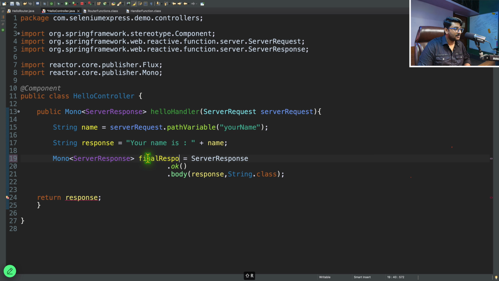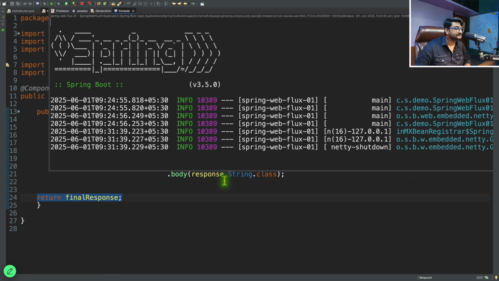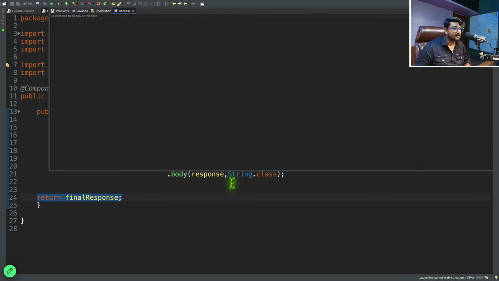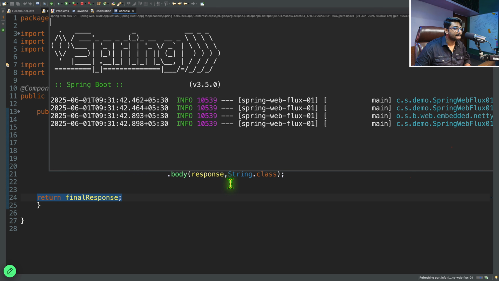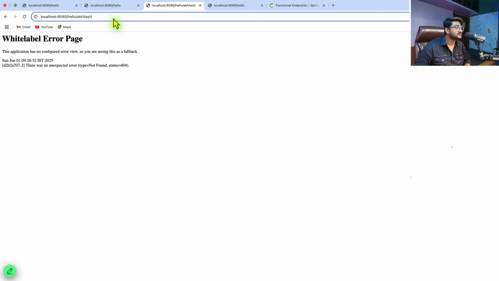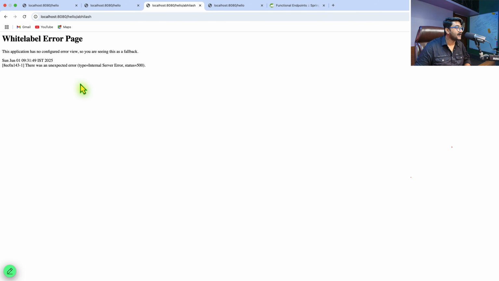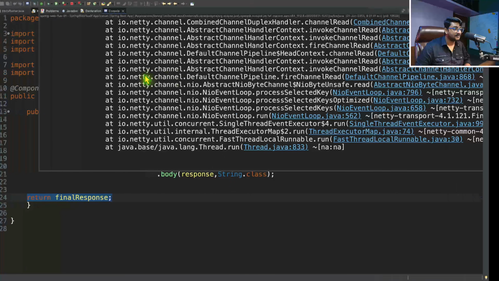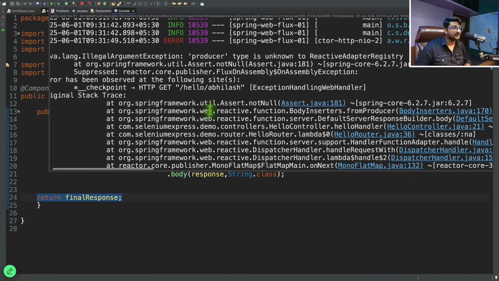So I'm going to copy this, put it over here. Let's just see whether this is working right now. I'm going to run this. Okay, I ran this. Okay, I will go to this and hit enter. Okay, what I'm getting? An internal server error over here, 500. What is the error? If you're gonna see my error,